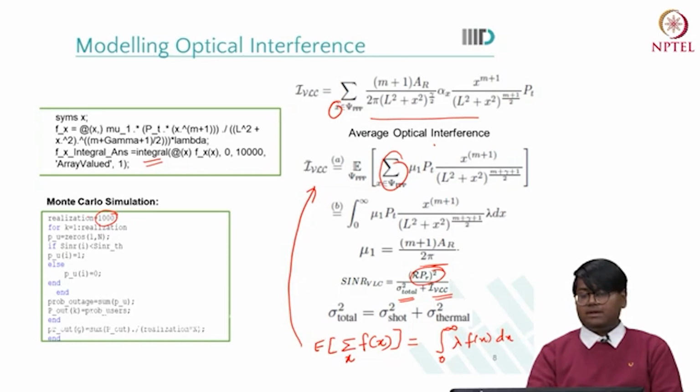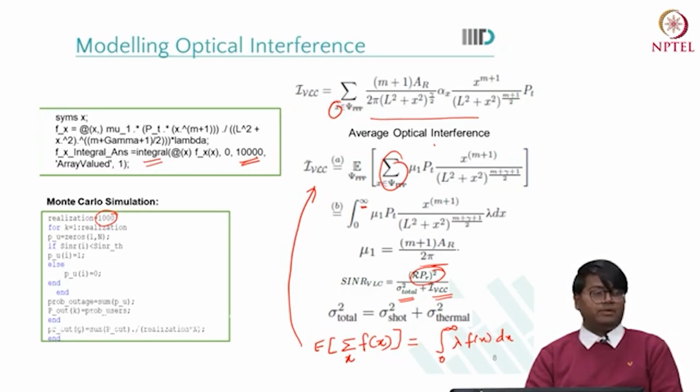This is where the infinity in the summation is nothing but the road stretch we are considering, which is around 10 kilometers. We find the interference at the origin, and the scenario is repeated at least 10,000 times in order to obtain